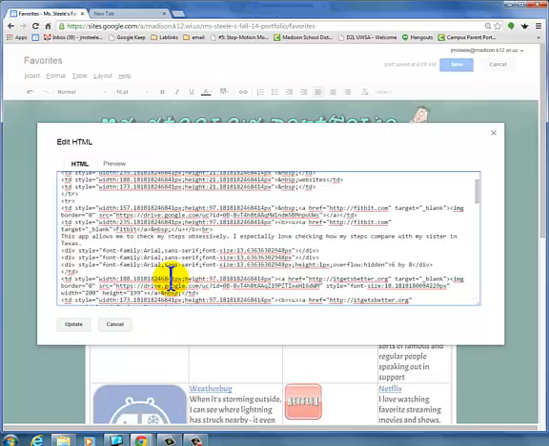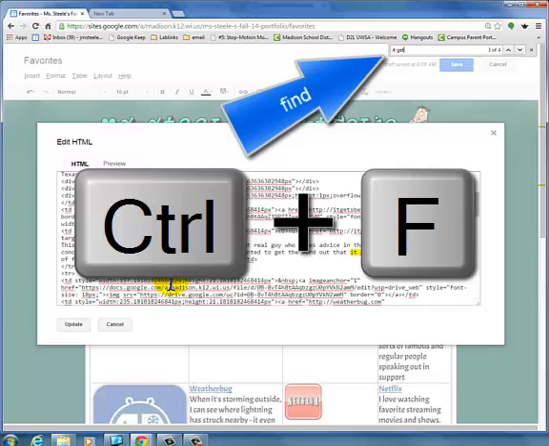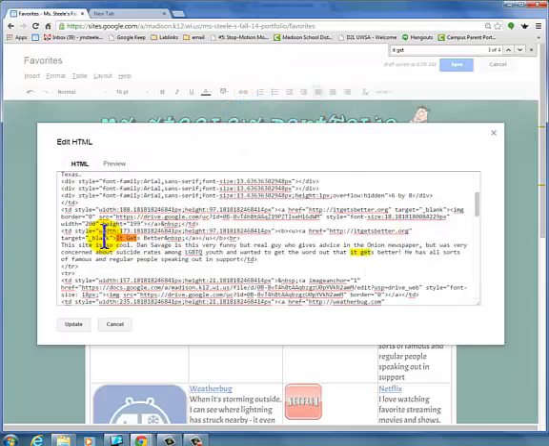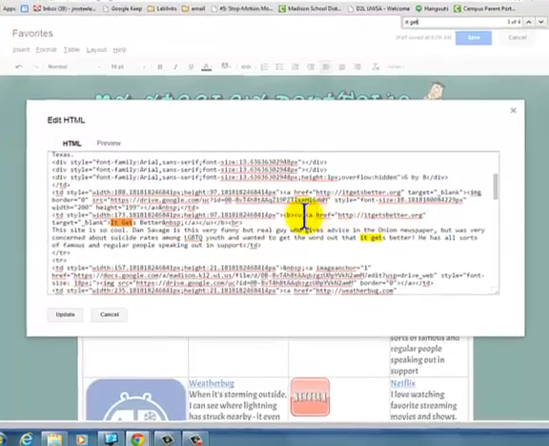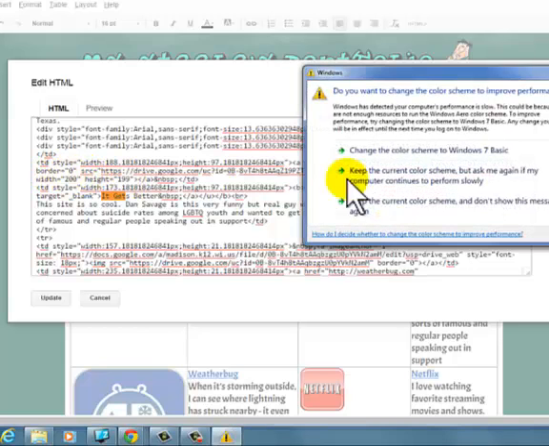Now I'm lazy, so I'm just going to do a find for It Gets, and there we go. I was looking for It Gets Better, and I'm looking for an image. So this is a link to the It Gets Better org. I'm looking for that image. An image is going to end, hopefully, with style width, border. I'm seeing width and height of 200 and 199 here, and I think that's my image right there because I'm seeing image, border,